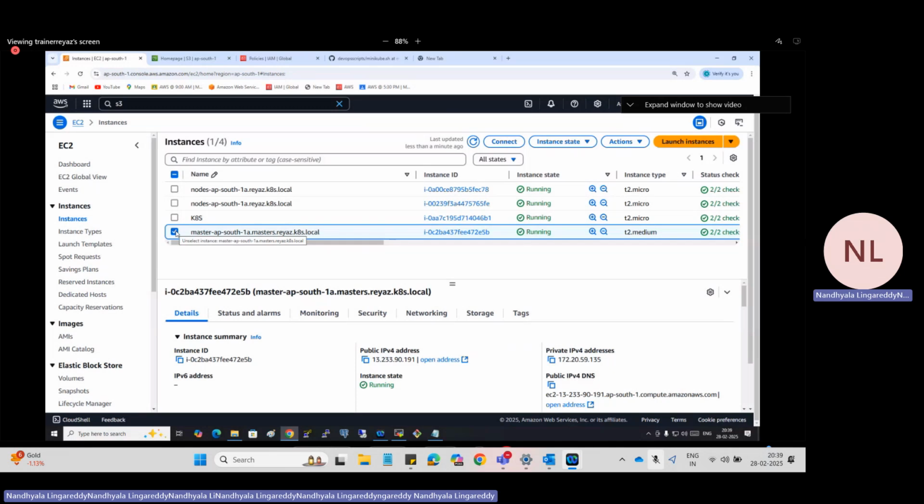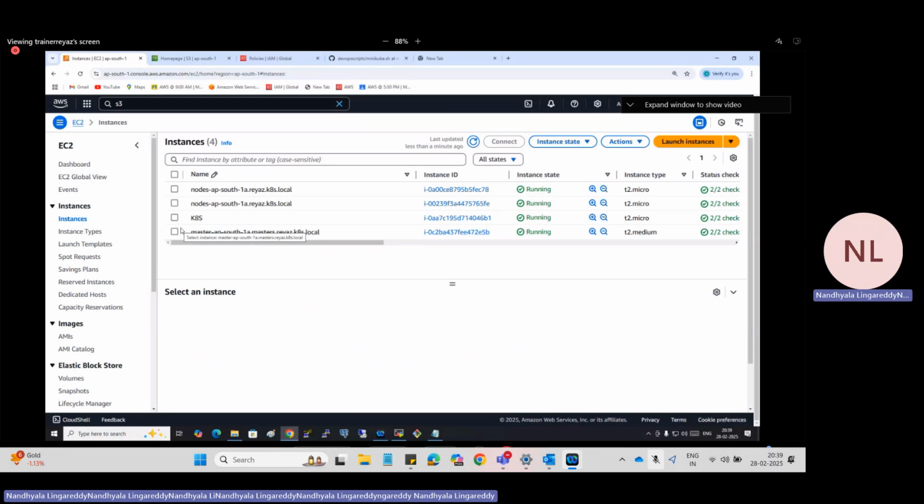No, because what is there in master? If you go and touch it, that will scream. Which one? API server will come. Scheduler will come. Hey, this is not your home. Go away. So that's why we should not touch it. Dinesh, you should not use the master node because pods are not there on the master node.